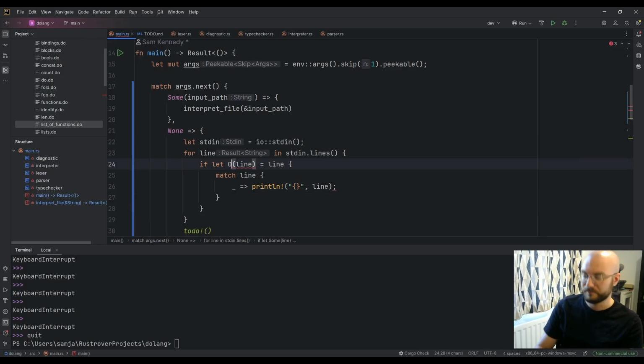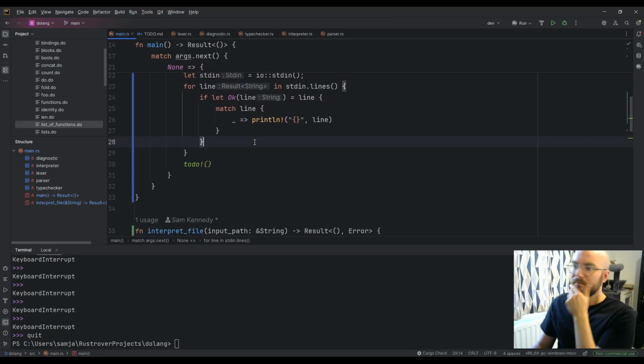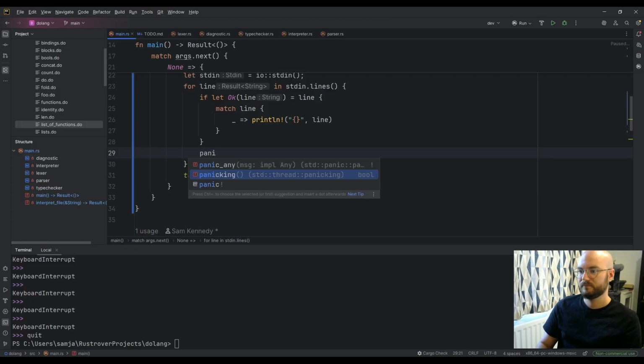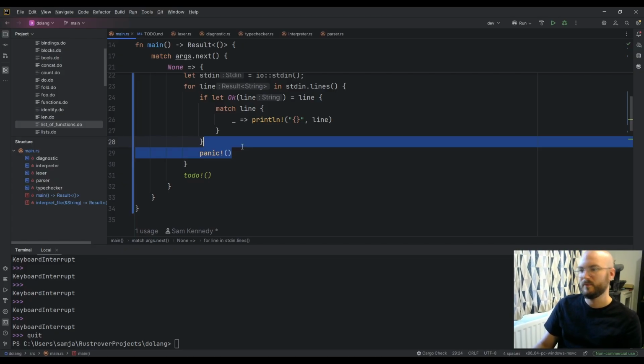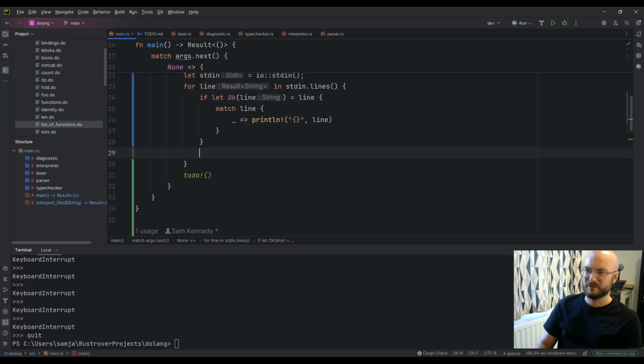Oh, sorry, not Some. Okay. Yeah, and then we don't need that. Else, probably don't want to panic. I'll just say todo, worry about error case later.